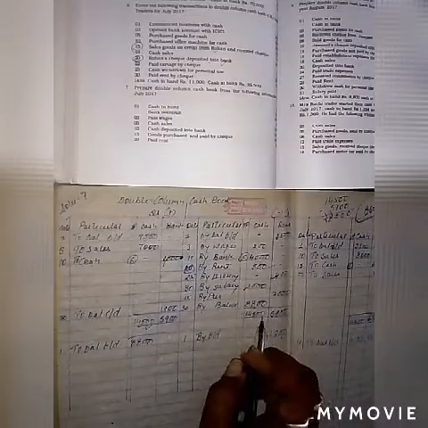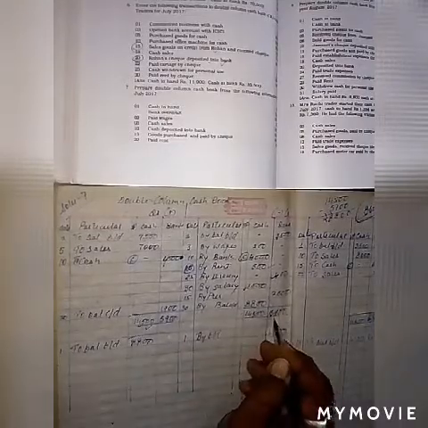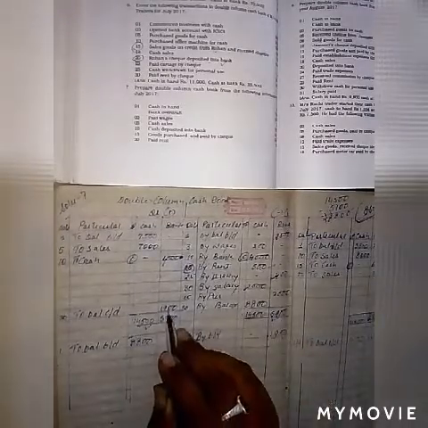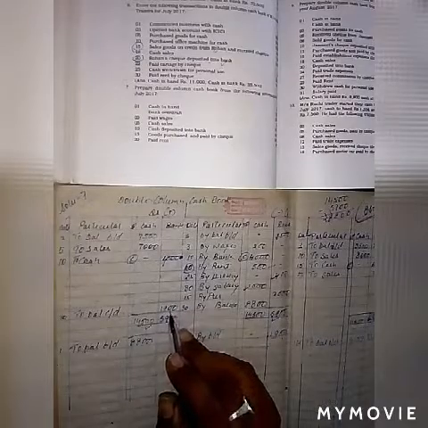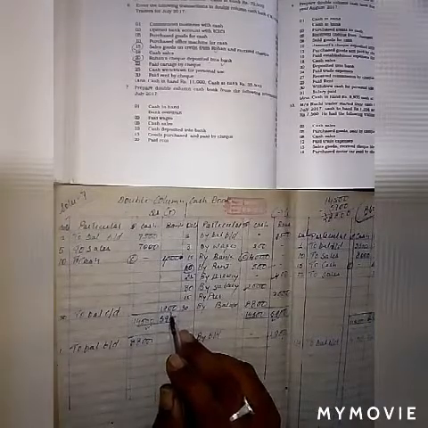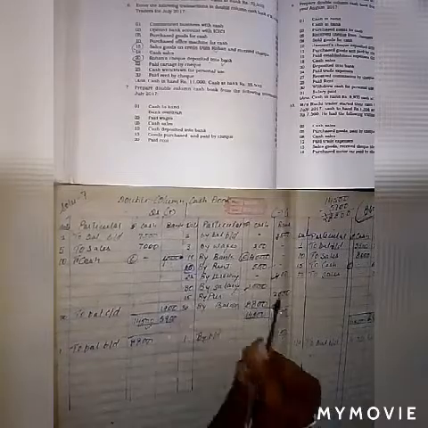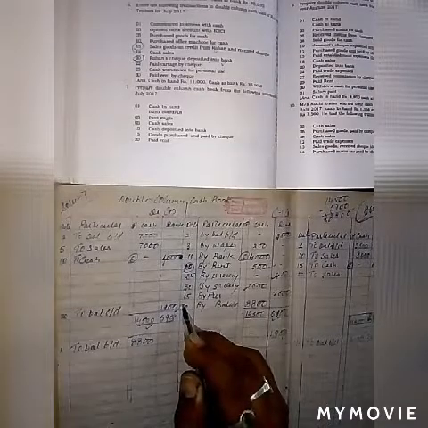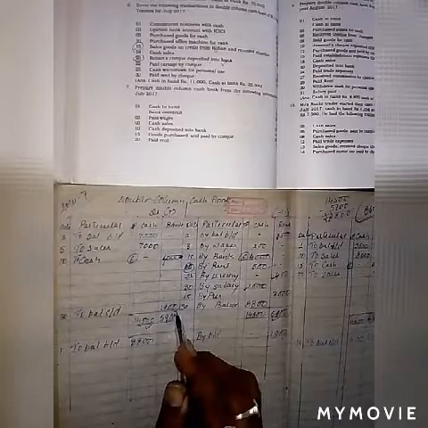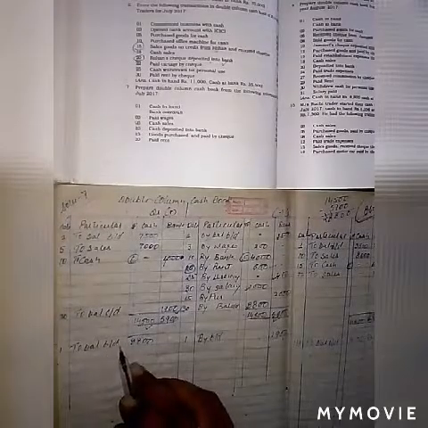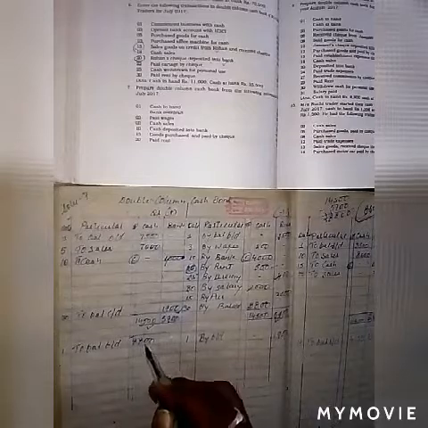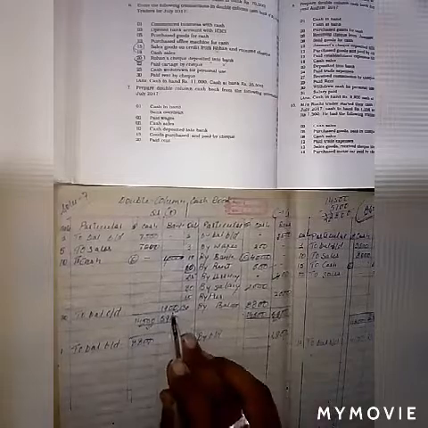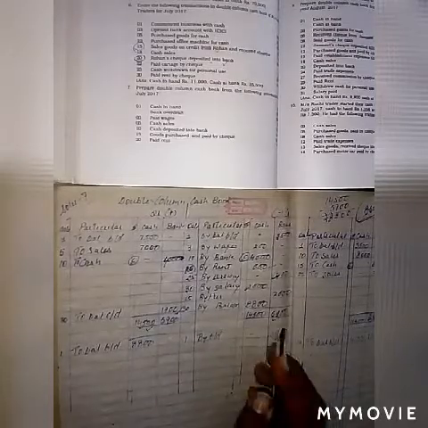5,500 and 5,900. So on this side, the credit side, the balance is more compared to this side, so the balance will come. In this question please see it here, very important: 1,900, because 4,000 is less than 5,900, 1,900 will be the bank balance on this side. So to balance brought down on cash we will write 8,800 on the debit side, and by balance brought down 1,900 on the credit side.